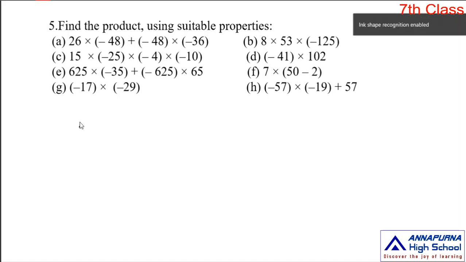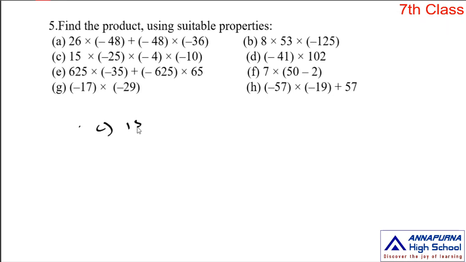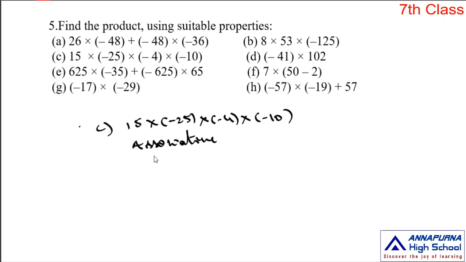So come to the C bit. 15 into minus 25 into minus 4 into minus 10. Similar to the previous problem, according to the associative property, when a group of integers are multiplied in any order, we get the same product. So just multiply these three numbers. 25 fours are 100, into 10, which is equal to minus